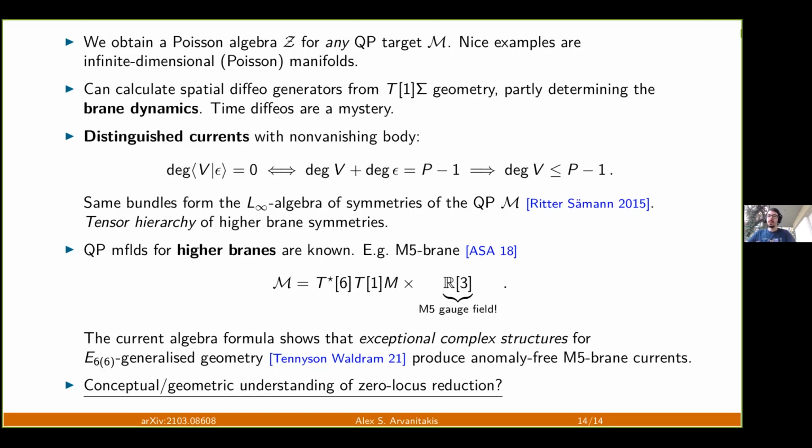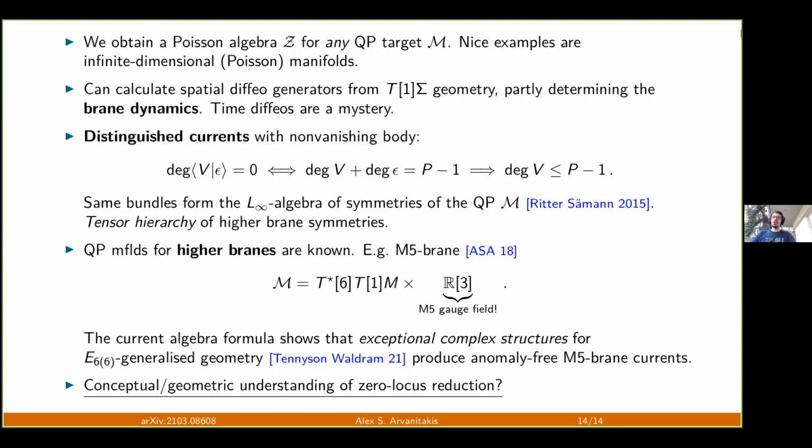And I will close with an open, so far open question, which is, what is the zero locus reduction geometrically, or if you want conceptually? I mean, algebraically, it's very nice, and there's nothing more to be said, I think. It's just a construction involving graded Poisson algebras, but